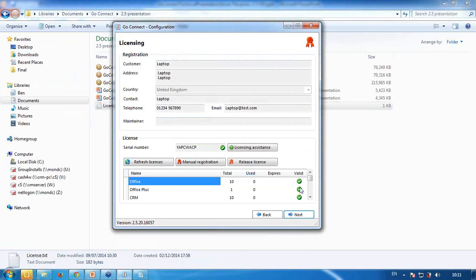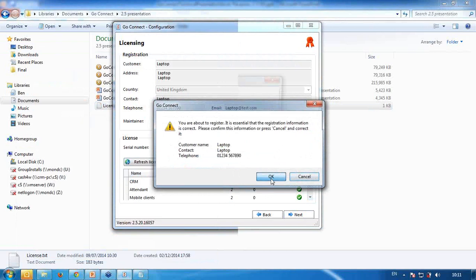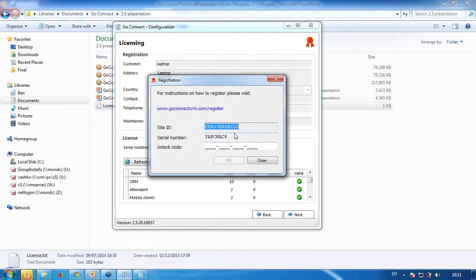And then we've got some serial licenses as well, and maybe some additional PBX licenses down here, but we're not going to really cover that too much. If the computer doesn't have access to the internet, then click on Manual Registration, click on OK, make a note of the site ID and serial number, and then find a computer that has got access to the internet and go to this web page here, goconnectserial.com/register, which will allow you to then put in all the details of the